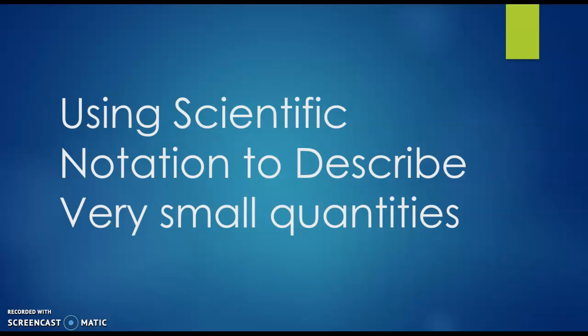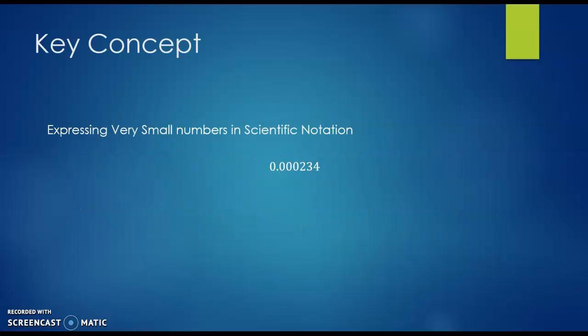Alright, so in this video we're going to be talking about scientific notation to describe really, really small quantities. So, let's get going. Expressing very small numbers in scientific notation really is, again, moving our decimal, and we still have to abide by the rule: a single digit between 1 and 9, and a power of 10. It's just that in this case, we have smaller numbers and we move